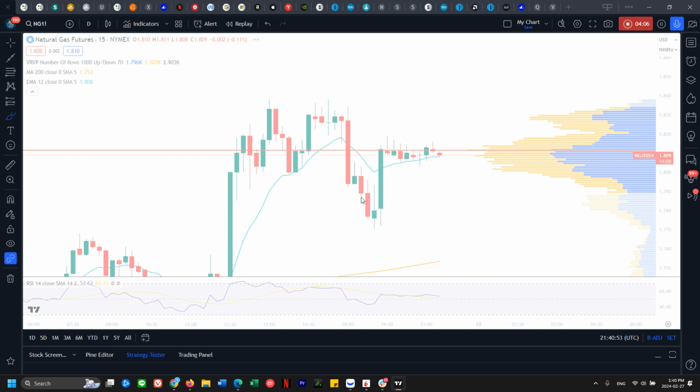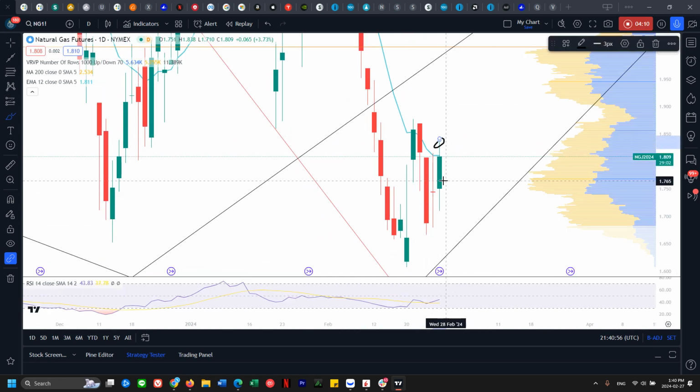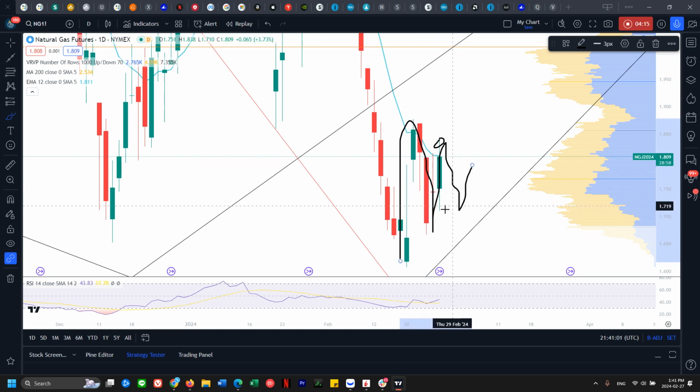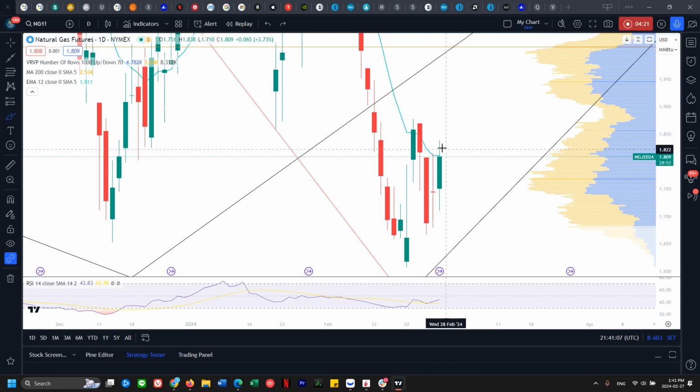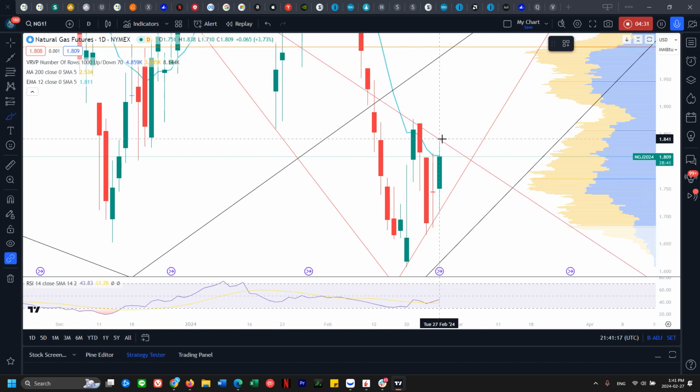Then chances of this being the top of the equilibrium of this move increases. And then we may head down a little bit lower to see if we can bounce off of this tiny range. But if we don't confirm that 15-minute downtrend, then we may try to test this top. It'll just look something like this, where it tightens up into if we end up rejecting here and go lower tomorrow.